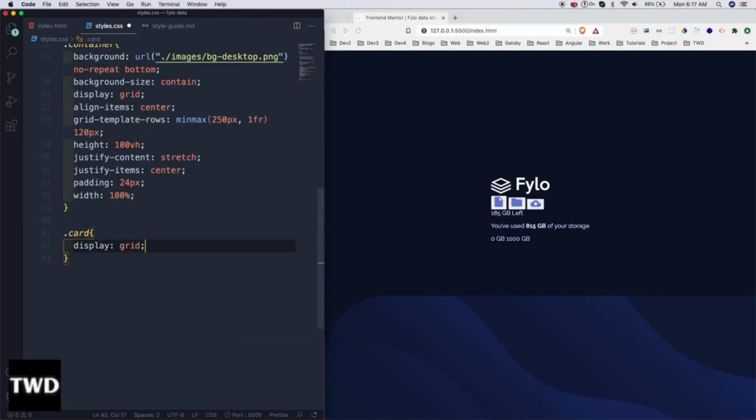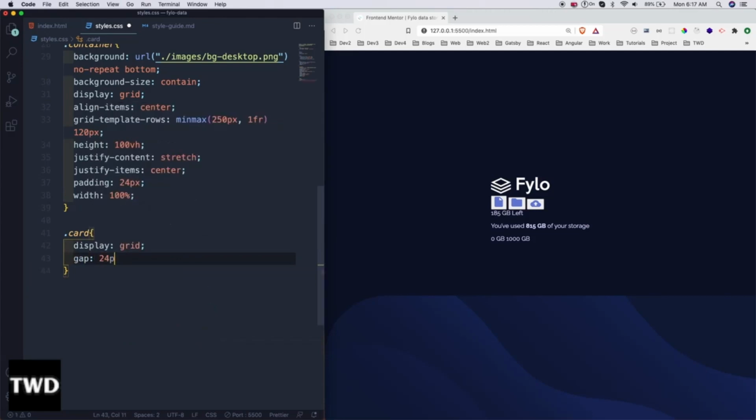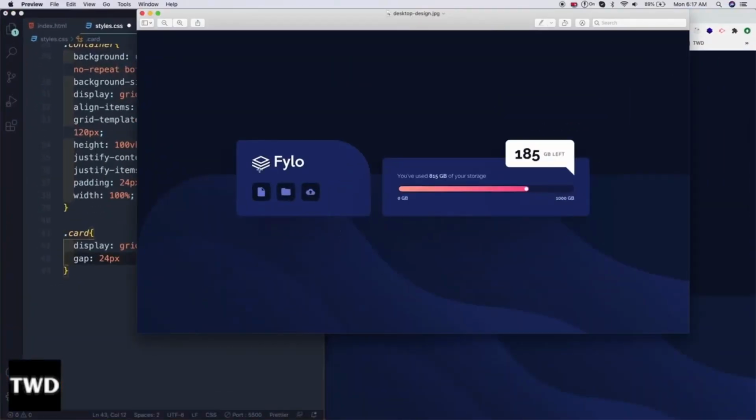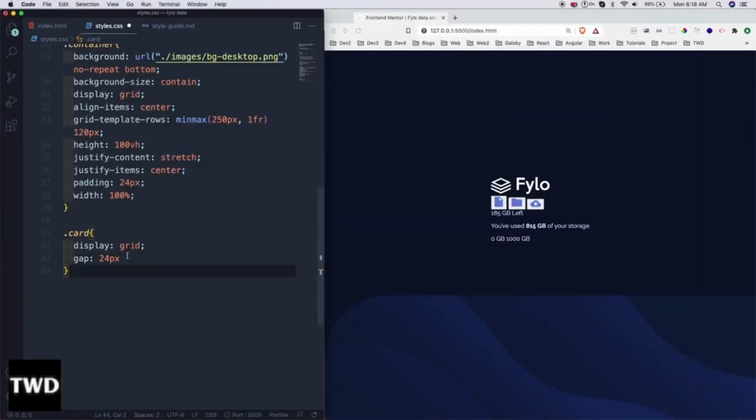Grid, and the gap is 24 pixels. So we have two children for the card. One contains this part and the other contains this part. So gap like this,